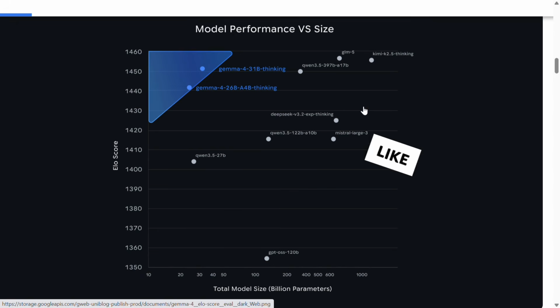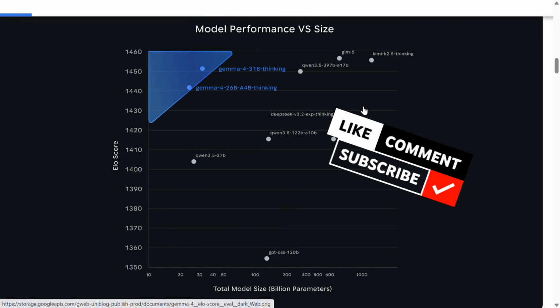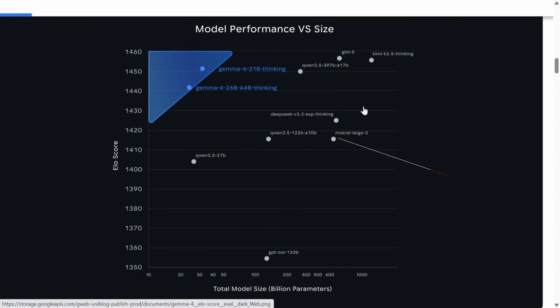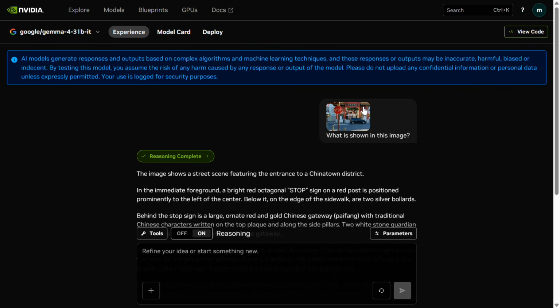So in this short video, I would be explaining multiple things. First of all, Gemma 4 free API key, how you can access the model for free using a free API key provided by Nvidia. Then we'll also explore the local codes, how to run the model in your local system, and then a bit about the details of the model. So let's get started. So first of all, as you can see on my screen, I am on Nvidia's NIMS